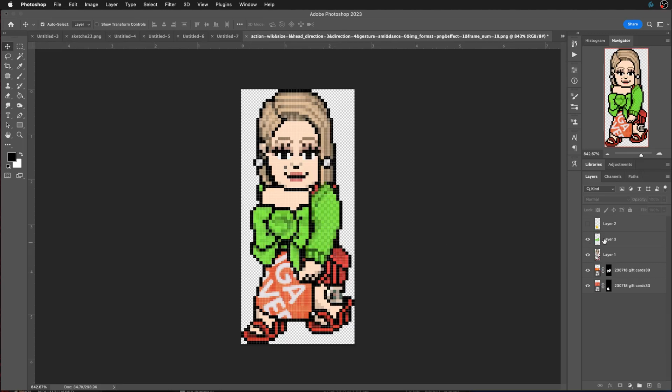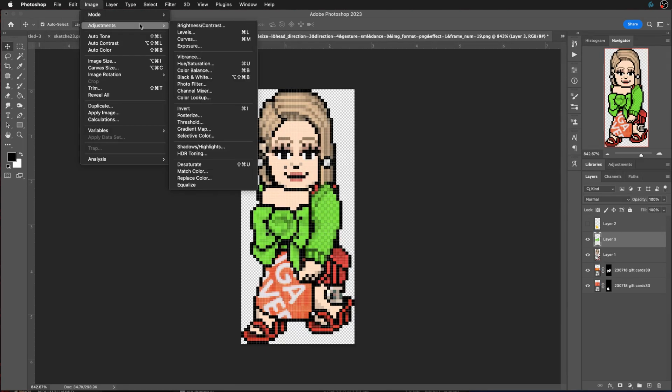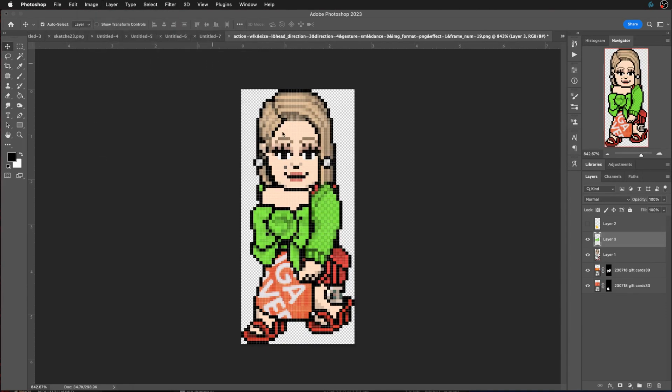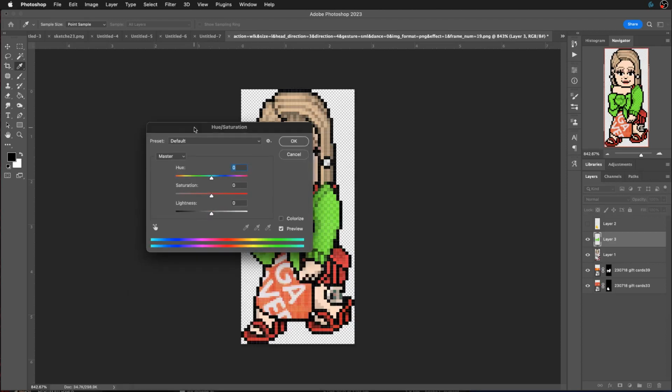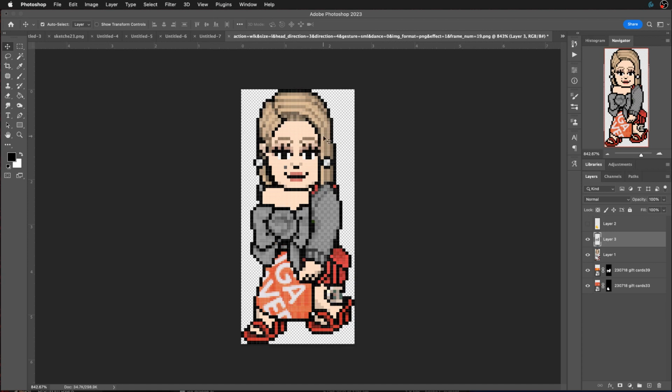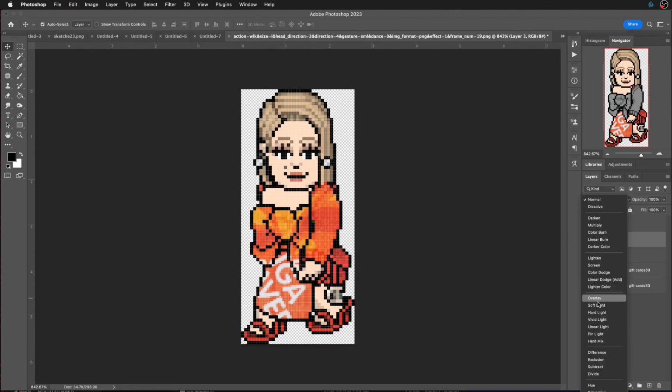The other thing you can do is add some texture. So this top has some nice detail on that flower. First of all, I'm going to go to Image, Adjustments, Hue Saturation, or Control U if you want a shortcut. And then I'm going to take all of the color out. I don't want color in there, I just want black and white. And then I'm going to go into either Overlay, Soft Light, or Multiply, depending on what I want. Multiply is a bit dark, and this is quite a summery outfit, so I might have a quick look at